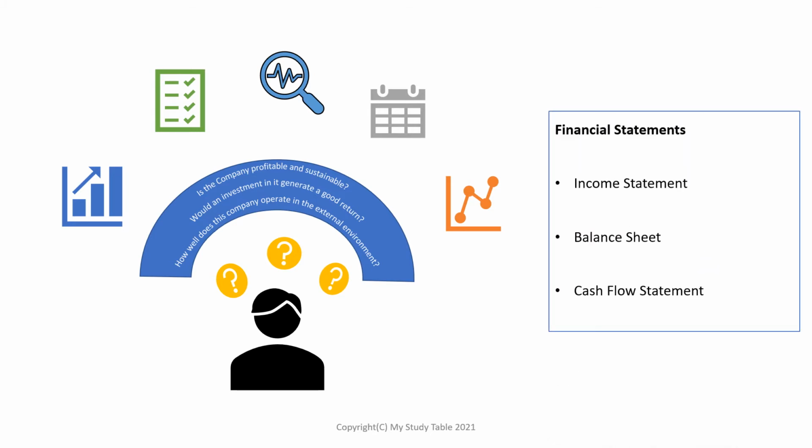So financial statements and their accompanying notes give information regarding the success of the company's operations, the current financial position, and its expected future performance. The annual report of a company contains 3 basic financial statements, them being income statement, balance sheet, and cash flow statement. We need to interpret the numbers as given in these financial statements to analyze the profitability, liquidity, solvency, and efficiency of a company.